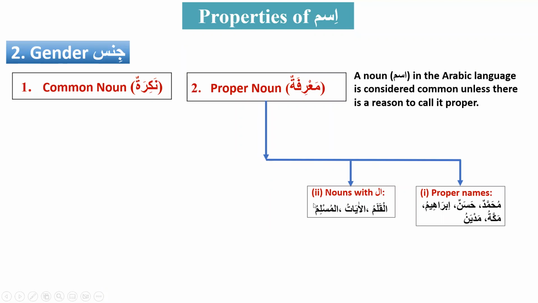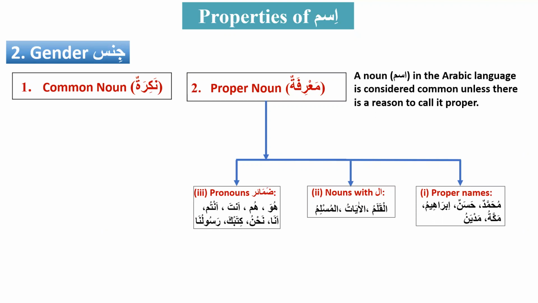So al doesn't like tanween, the double haraka. It will change the double haraka to a single haraka. And the addition of al will also make the common noun a proper noun. Because muslimun was a common noun, and with the addition of al, it became a proper noun. And now the translation will be the Muslim, the ayat, the verses or the signs, the pen, right? So the addition of al makes a common noun a proper noun. So if you see an al at the beginning of a noun, then it is a proper noun.